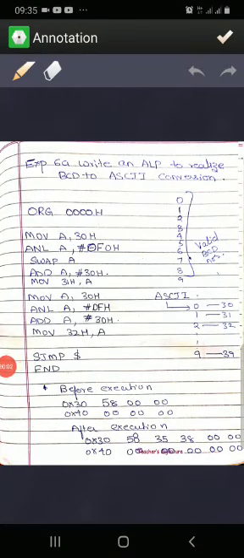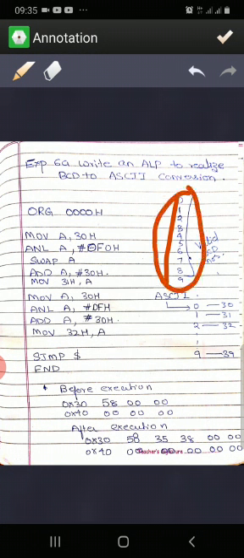Now let us see a program which converts a BCD number to an ASCII number. Before going into the program, let us see what a BCD number is and what an ASCII number is. BCD numbers are from 0 to 9, and these are called valid BCD numbers, whereas A, B, C, D, E and F are called not valid BCD numbers. Therefore, it is from 0 to 9, whereas the next number is 1 0 1 1 and so on.